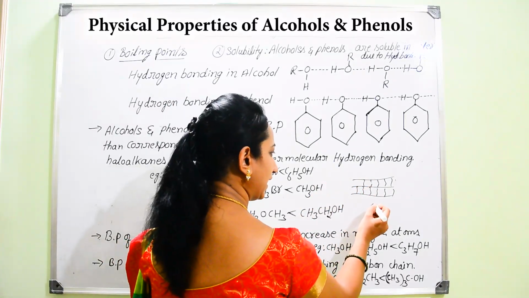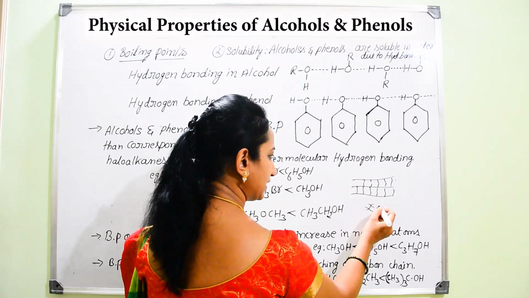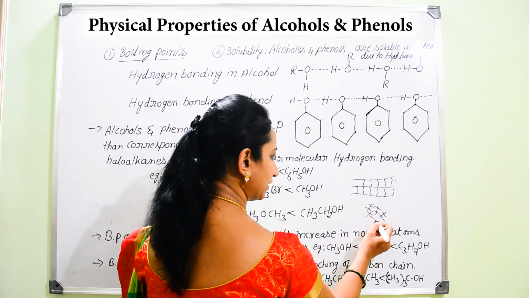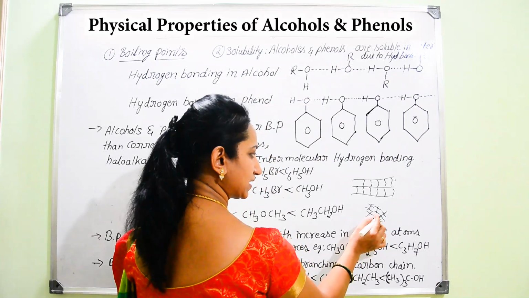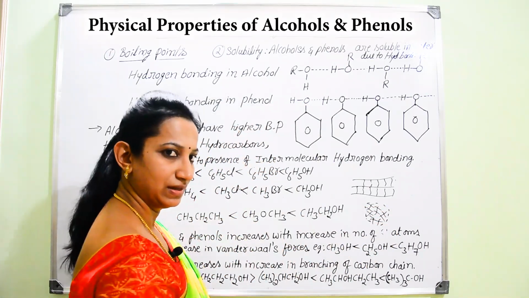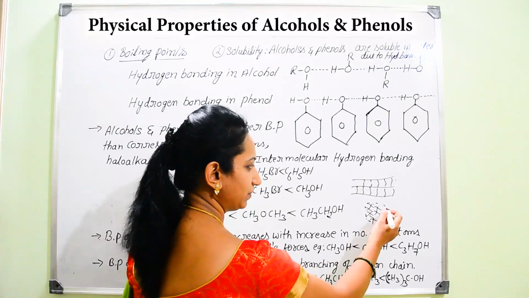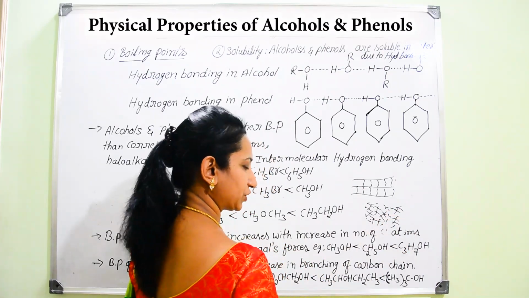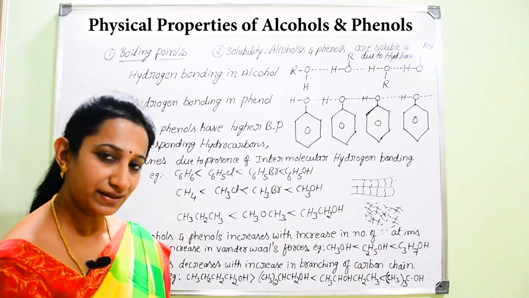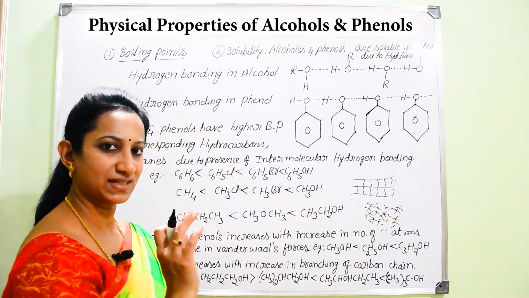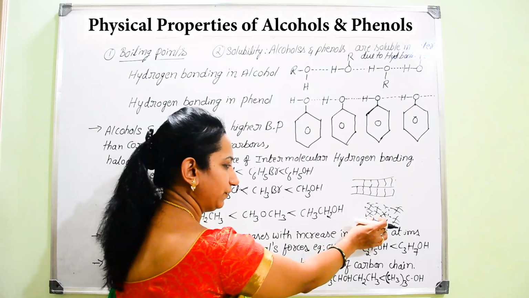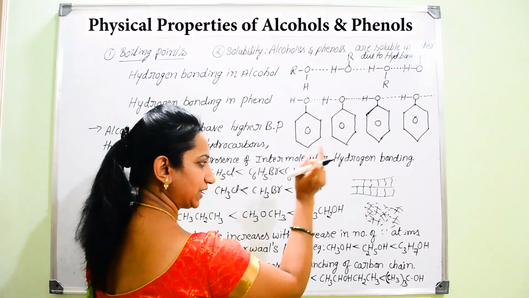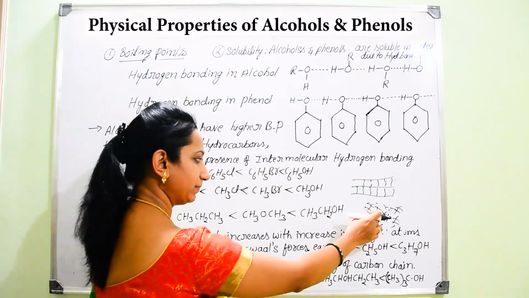But in the case of branched chains, these molecules come closer together. So, it almost decreases the surface area of the molecule. If there is a decrease in the surface area of the molecule, there will be a decrease in the van der Waals forces of attraction. Therefore, normally there will be a decrease in the boiling point. Therefore, for the same molecular formula, if one has a straight chain and another has a branched chain, the straight chain will have the higher boiling point compared to the branched chain.